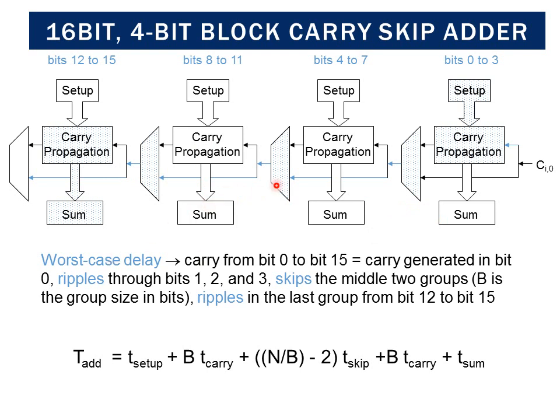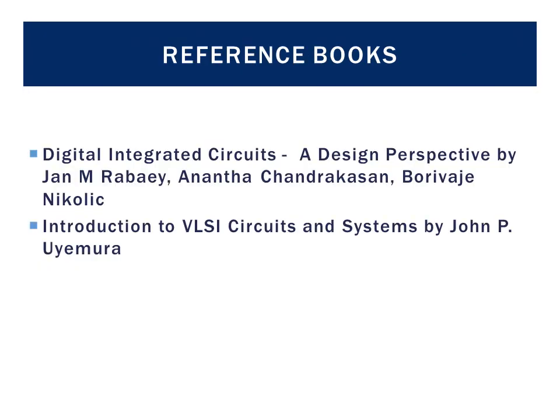Actually, the worst case delay is calculated for the critical path, and the critical path is nothing but the longest possible path, which is to be considered. Therefore, if any bit in between has P equal to 0, then the delay will be reduced, because from that point onwards the delay would be calculated, and therefore these intermediate blocks are taken as a bypass. So that is all about the carry skip adder.